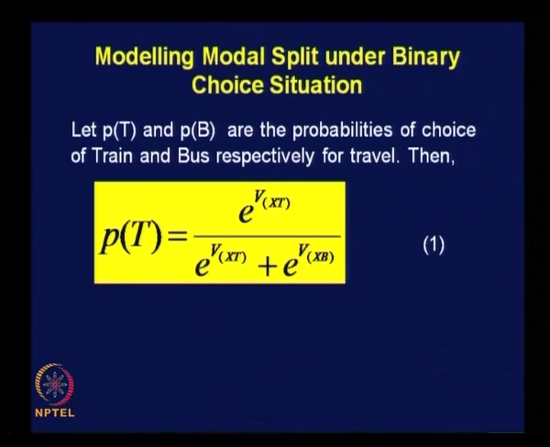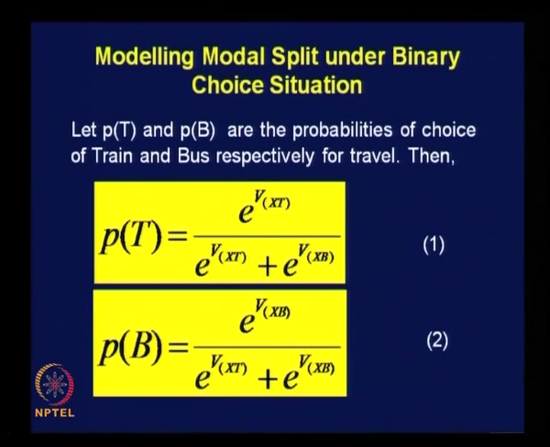Okay. And similarly we can write probability of choice of bus B to be equal to e power Vxb divided by e power Vxt plus e power Vxb,